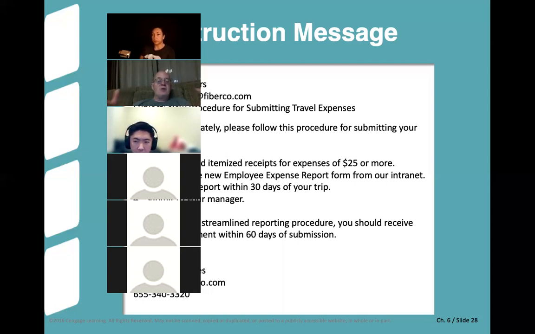Meaning, the implication is, if you don't follow the instructions, you might be waiting a whole heck of a lot longer than just 60 days. Now, personally, if my company told me that I needed to spend my own money and then they were going to take 2 months to pay me back, I'm not sure I'd be real happy with that situation. But that's the situation that we're presented here.